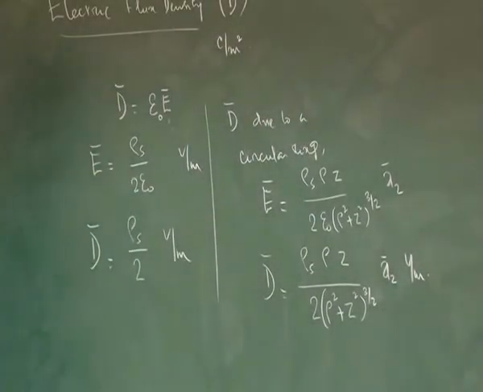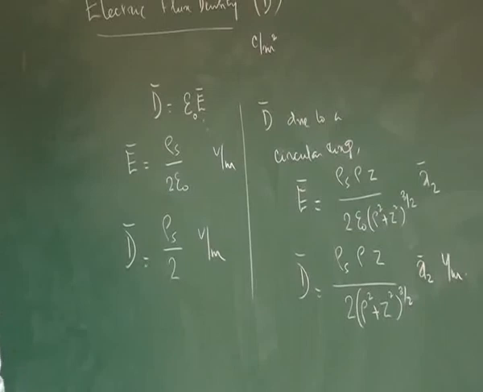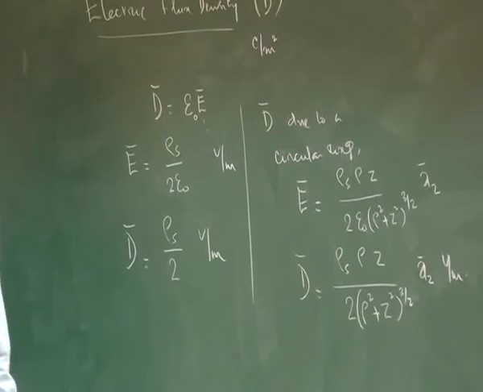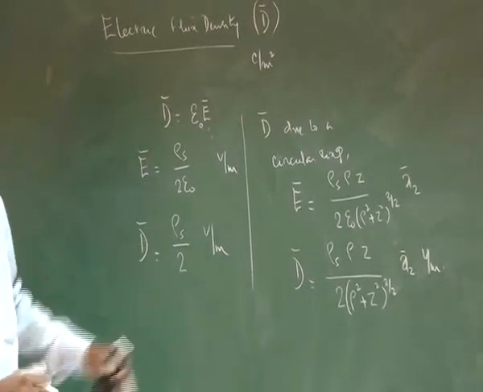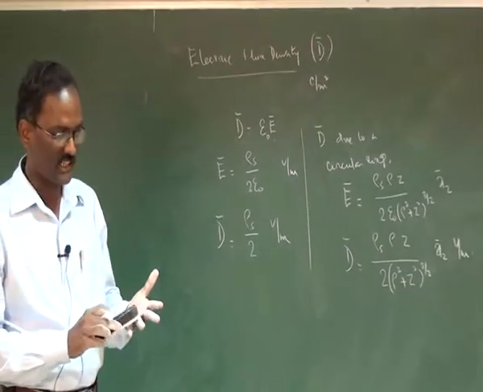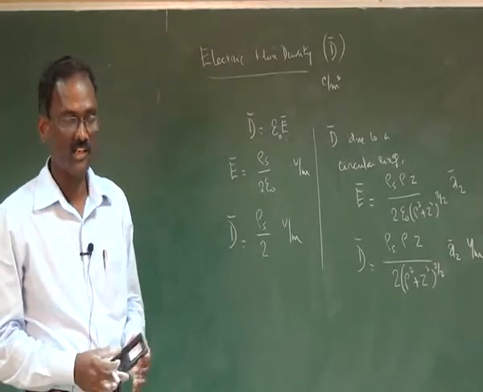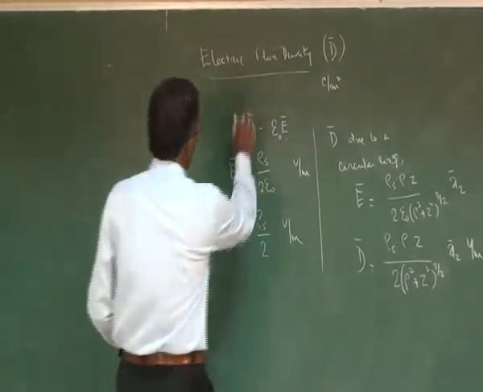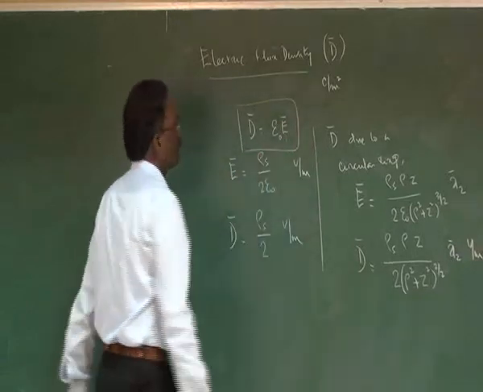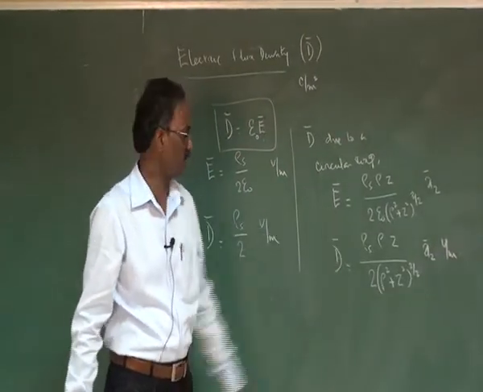So this way you can calculate electric flux density. You need not work out the derivations for d bar for each and every case. If you work out the derivations for E bar for each case, long straight conductor, infinitely long straight conductor, circular ring, circular disc, and infinitely long sheet of charge, simply substitute d bar is equal to epsilon O E bar to find the electric flux density value. It is very simple.